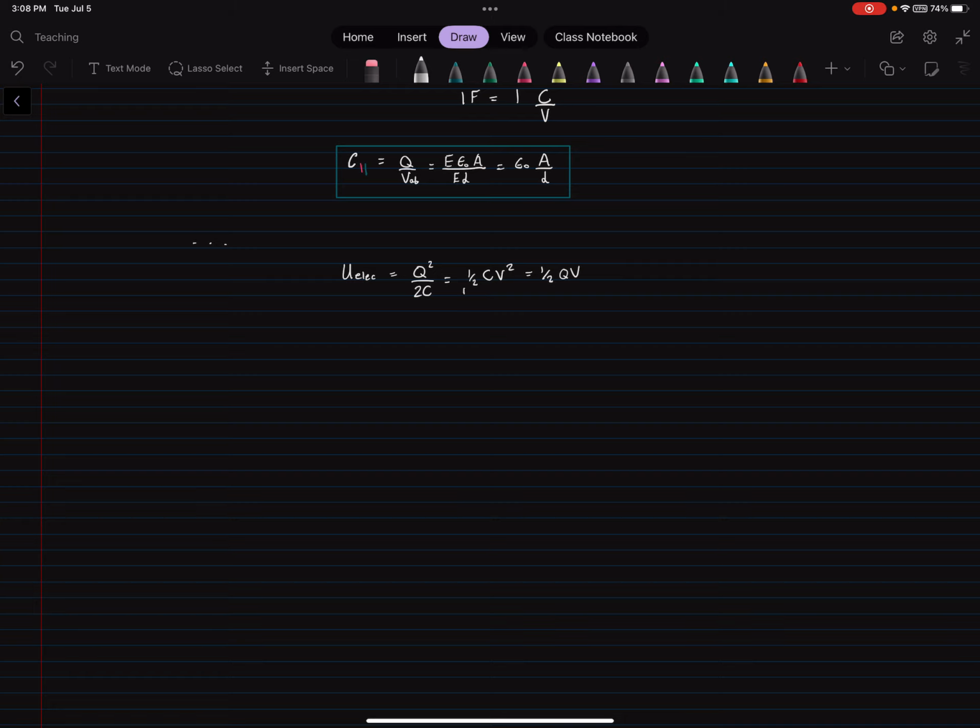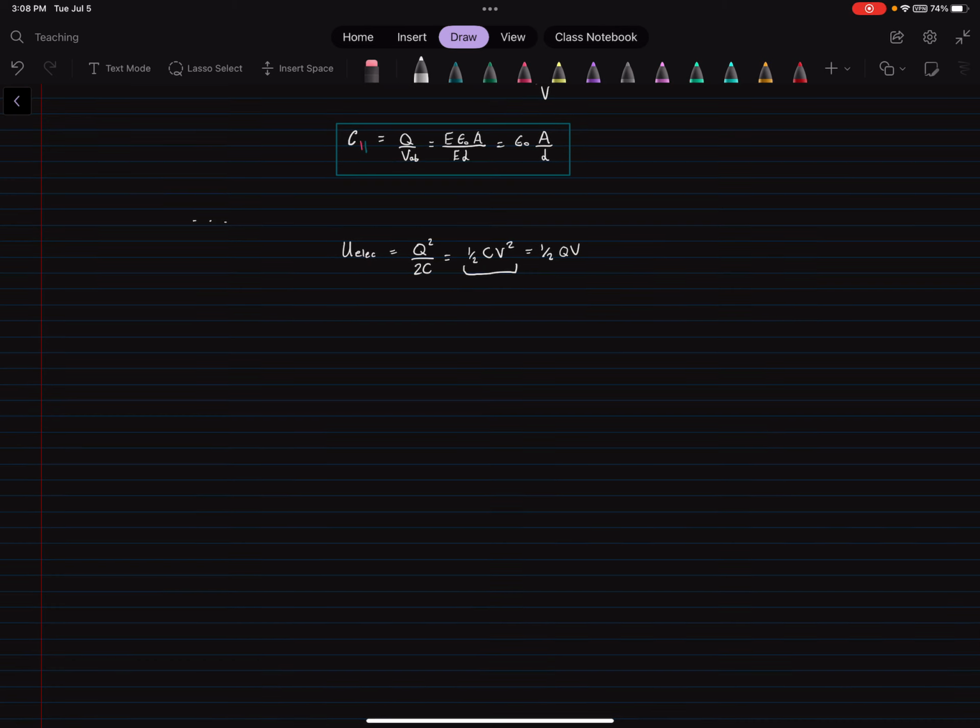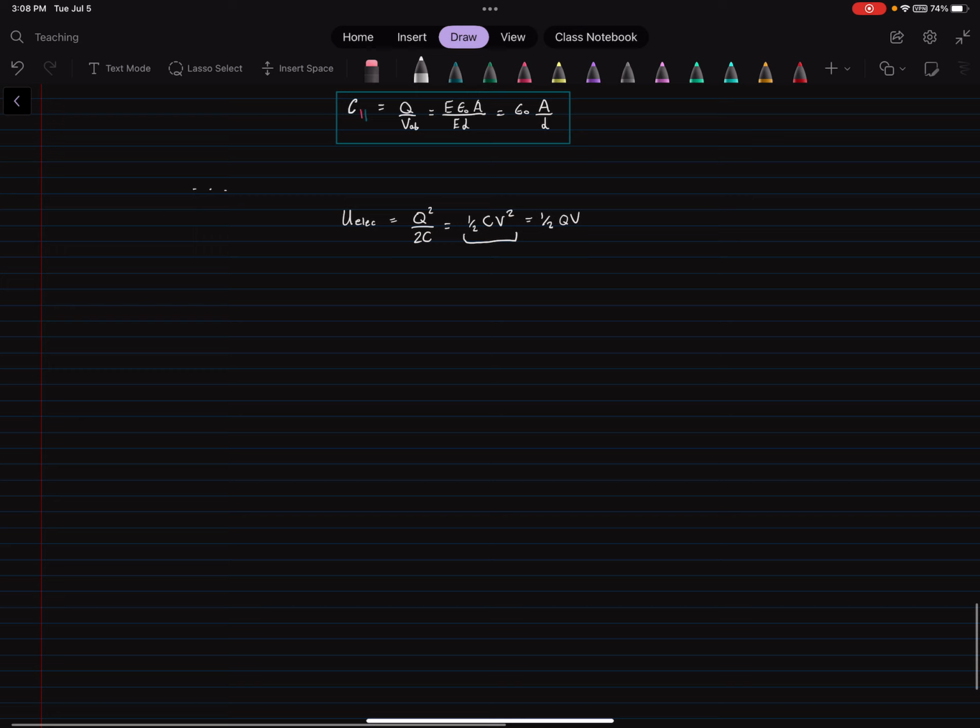But I want to draw your attention to this one, because look how similar this looks to previous things we've seen, right? Pattern recognition. You never expected it to be such a big part of physics. All right, so this is so similar to the form of the elastic potential energy of a spring. It's also pretty similar looking to kinetic energy, 1/2 mv squared, but a better analogy is elastic potential energy. So,